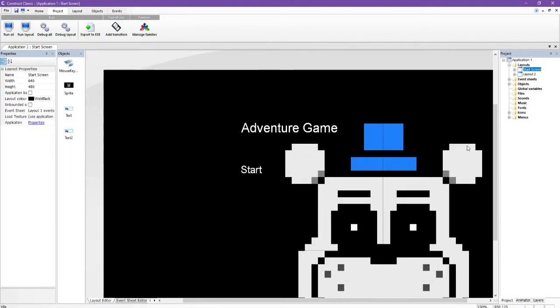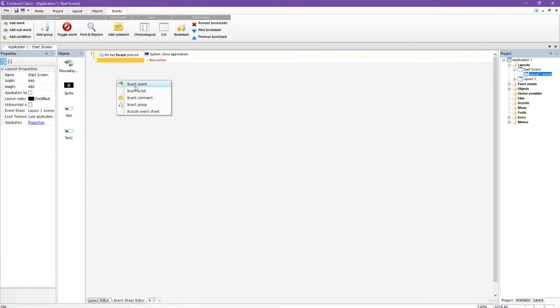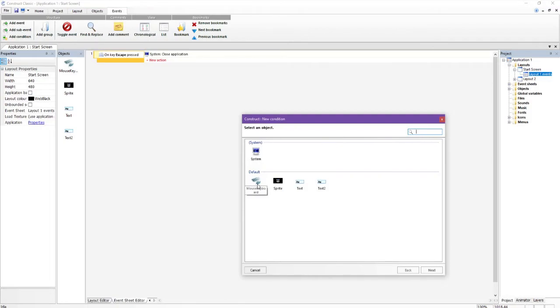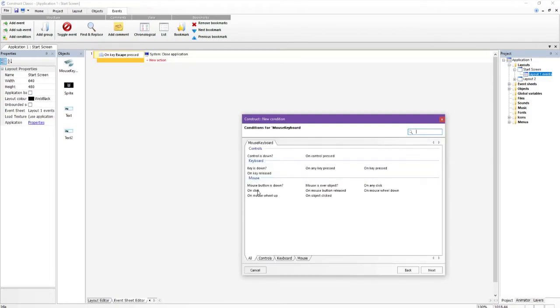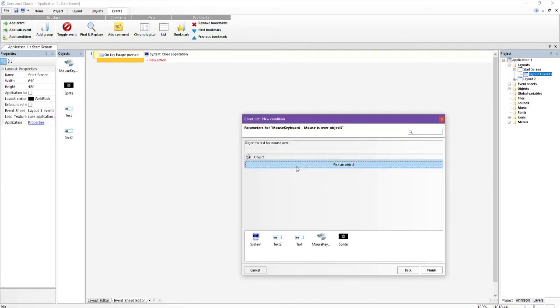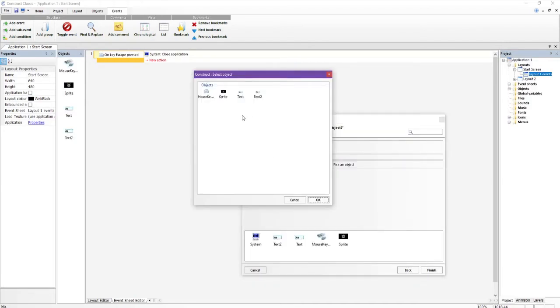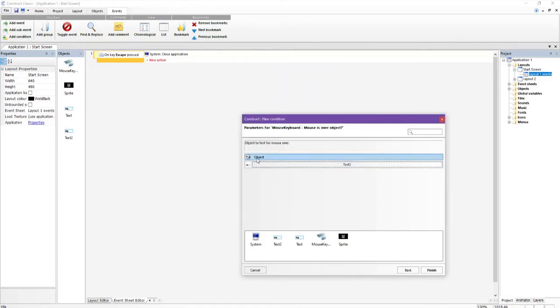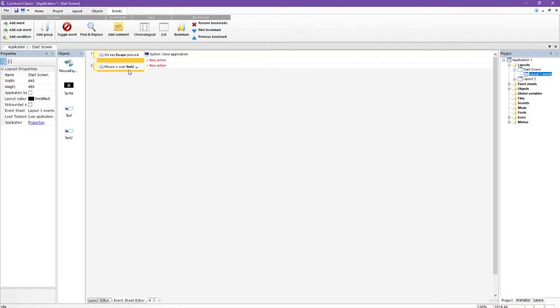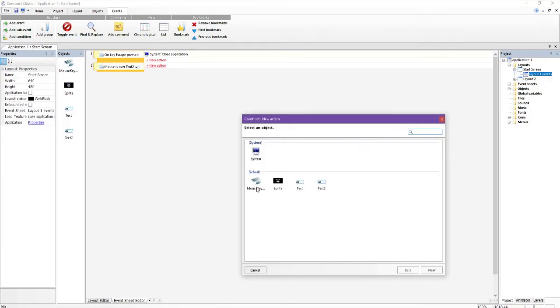And then when you hovered over it, so like go to the event screen, when the mouse is over an object, and you don't have to use the sprite, you could just use the text. It was text 2 in this case is the start one. When the mouse is over text 2,